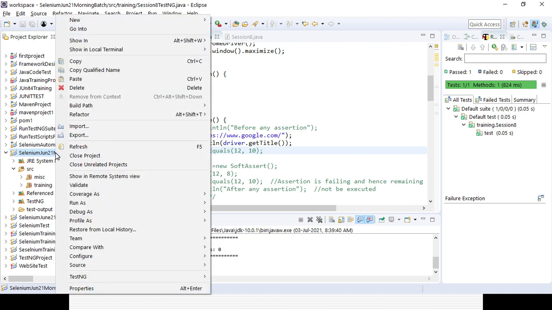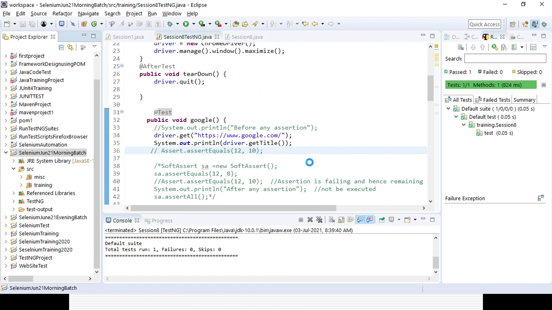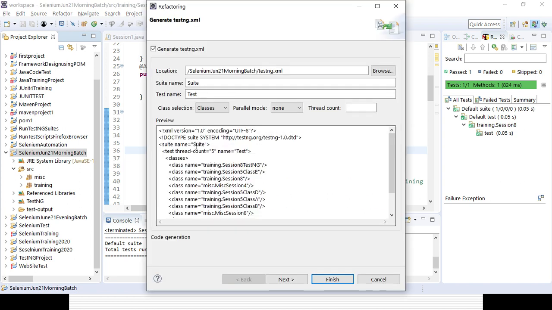So select the project, right click, TestNG, and convert to TestNG, so that the whole project will be converted to TestNG. You can see here that by default a suite name comes because we did not give any suite name. Test name we did not give, only the class name, which is the package name dot class name, and the method name is coming. Here there is a provision called suite name; suppose I give TestNG suite, I can update that. And the name is called TestNG test, I can update it so that it will be updated in my test case also. And here I only want to select a few classes, the rest I don't want to select. These are the classes I want to execute.